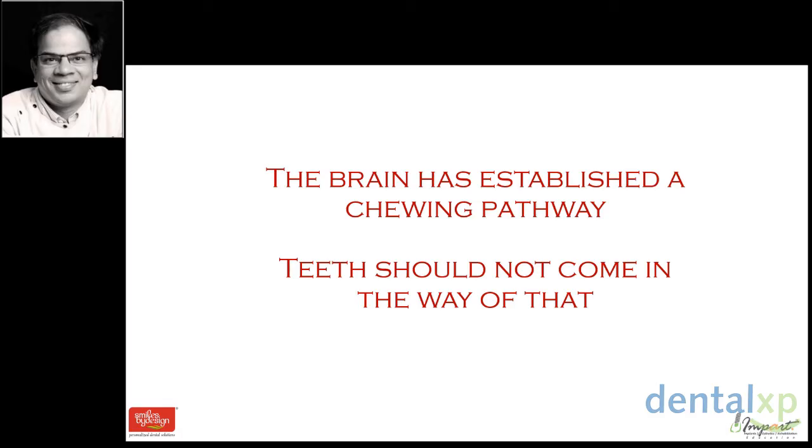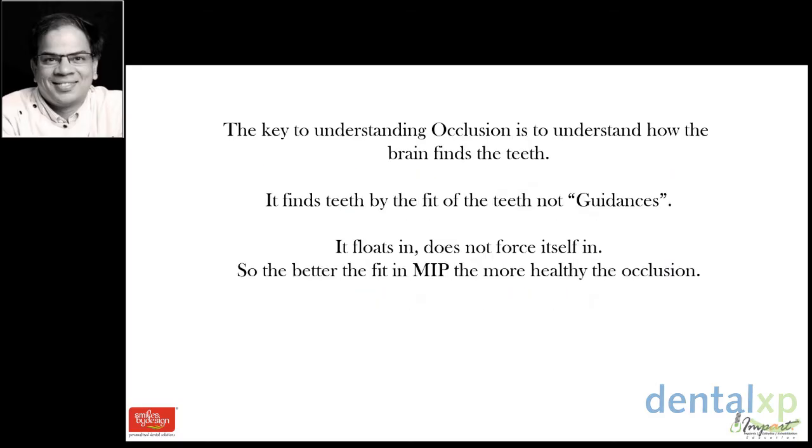But the moment he starts to chew with it, that bulk starts to hit the lower anterior teeth, and that starts to constrict the chewing envelope of the patient. In that particular case, you have now put something in the chewing pathway of the patient, and that something will now either break or cause some issues with the periodontium, or cause migration of the tooth, or cause overall muscular pain and TMJ problem. Anything can happen depending on the host response. So we need to understand the role that the brain plays in finding the MIP.